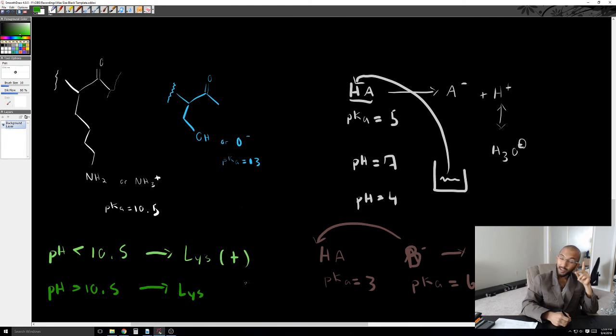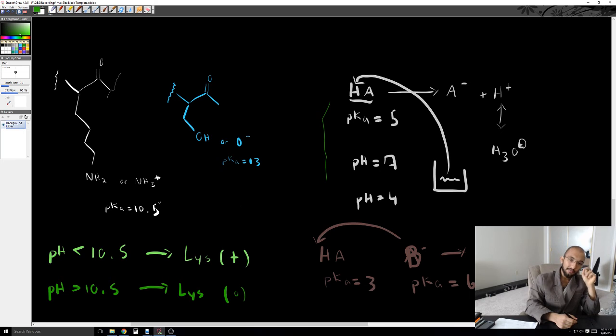and here's the important part, not negative, neutral. Why? Well, look at the R group. It goes from NH3 to NH2. It does not go to NH minus. Not easily anyway. So this brings us to how we apply this concept we were speaking about here to amino